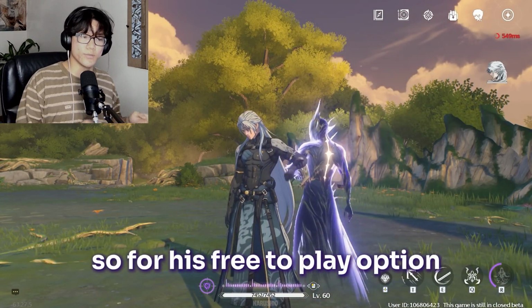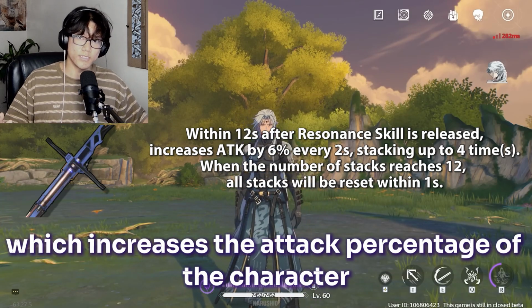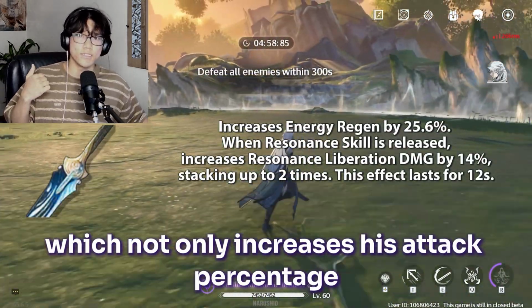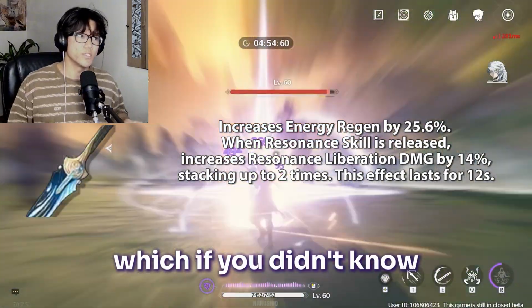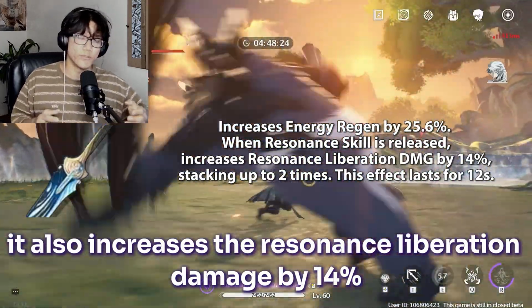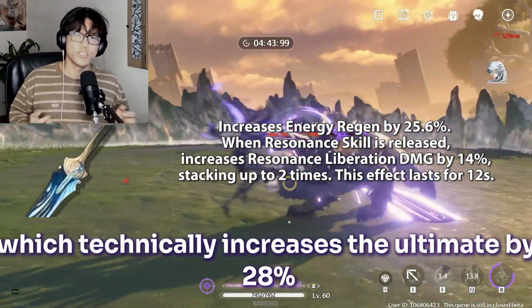So for his free-to-play option, I would recommend the Helios Cleaver, which increases the attack percentage of the character. For his 5-star, I would recommend the Lustrous Razor, which not only increases his attack percentage, but also increases the energy regen, which, if you didn't know, helps you get his ultimate faster. And finally, it also increases the Resonance Liberation damage by 14%, which stacks up to 2 times,